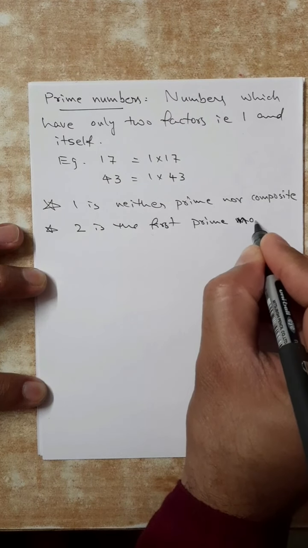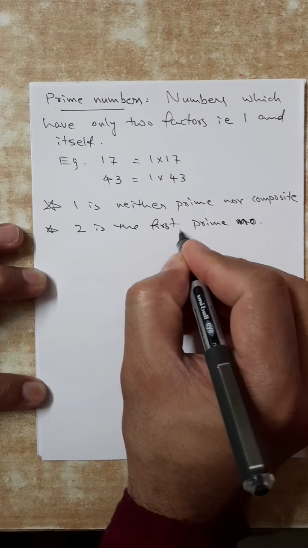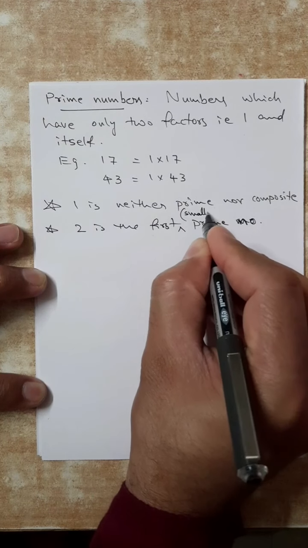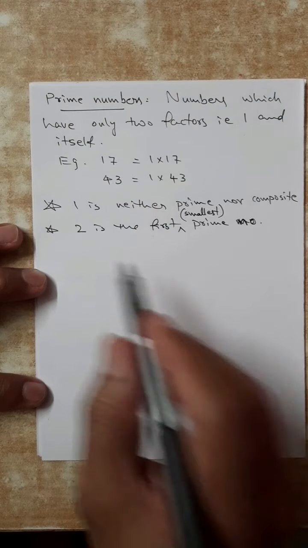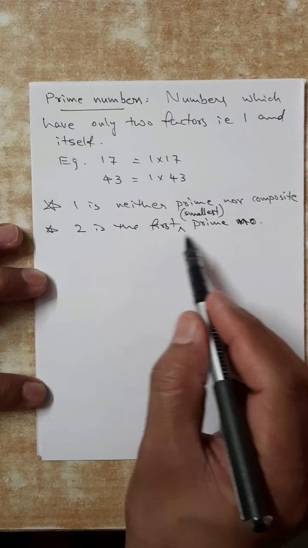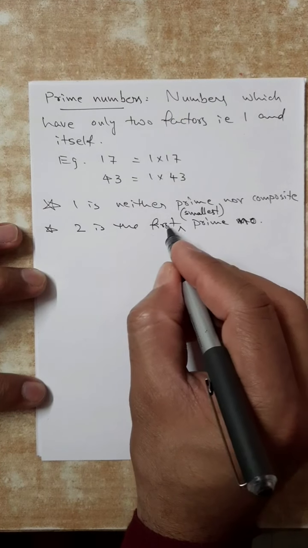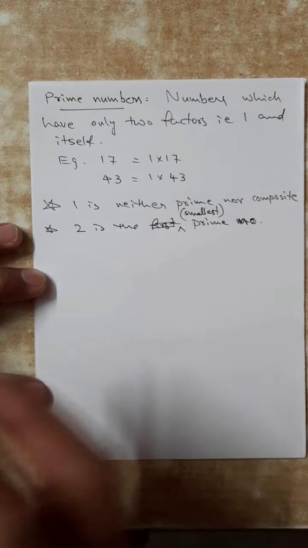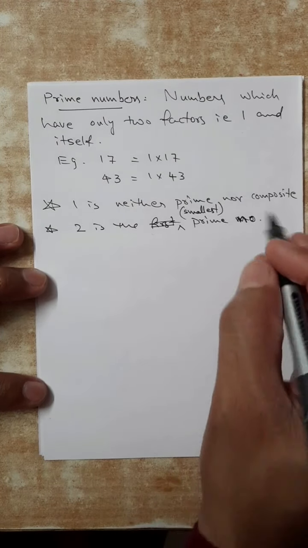Smallest prime number. First we can write, or we can write smallest prime number. Both are same. Smallest prime number, that word is better. If we write in increasing order, then first prime number we can say. You can go for the smallest word. I think that is better. First means in an increasing order when we write, it is a first prime number. Otherwise, the smallest prime number.